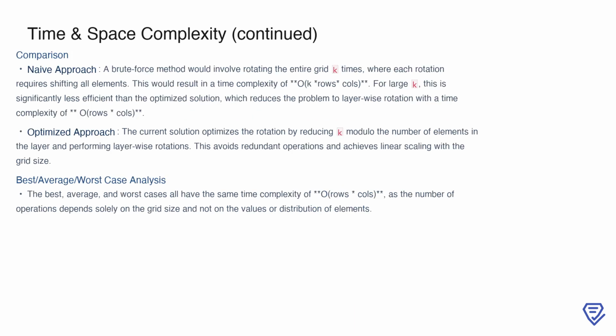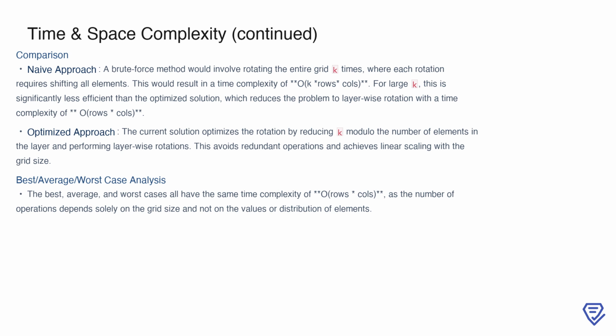Let's compare this solution to a naive approach. A brute force method would involve rotating the entire grid k times, where each rotation requires shifting all grid elements. This would result in a time complexity of O(k * rows * cols), making it highly inefficient for large values of k. In contrast, the optimized solution reduces k modulo the number of elements in each layer, ensuring that no redundant rotations are performed. By focusing on layer-wise rotation, the time complexity is reduced to O(rows * cols), which scales linearly with the